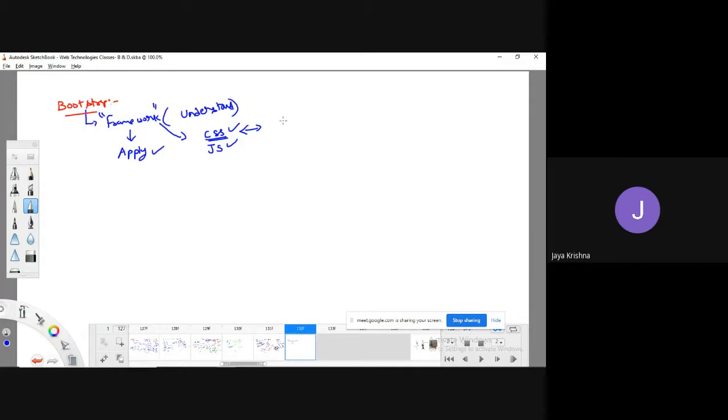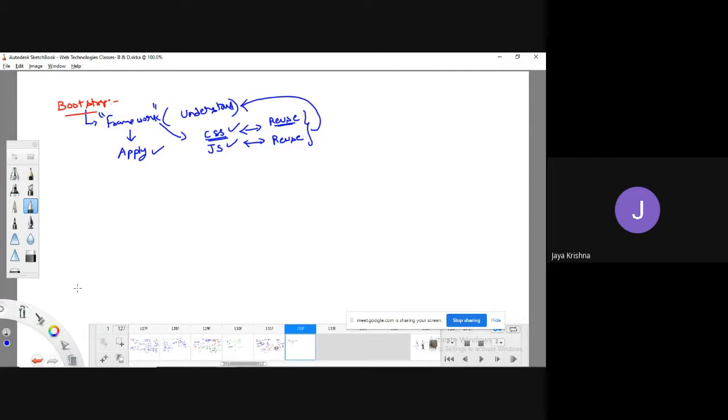The thing is, we need to reuse that. They have already implemented it in a file, and we need to reuse it. Similarly, whatever we can do with the help of JavaScript is already built in, and those built-in things we need to reuse. So to reuse them, we need to understand them. That is why we are going to study this Bootstrap concept.